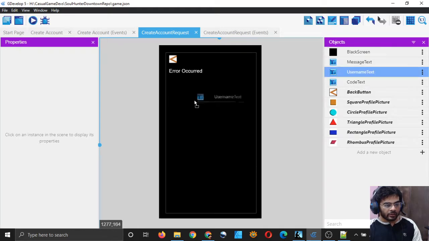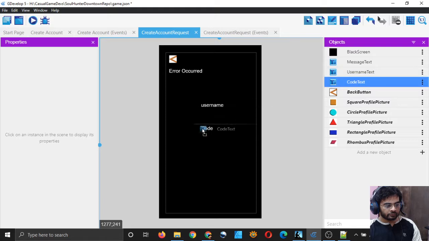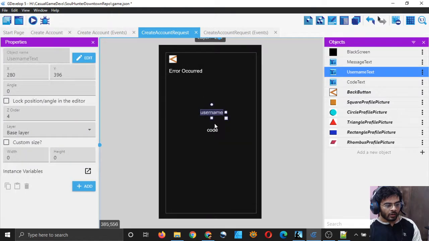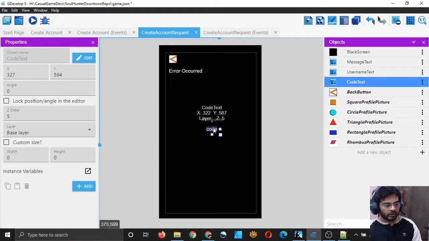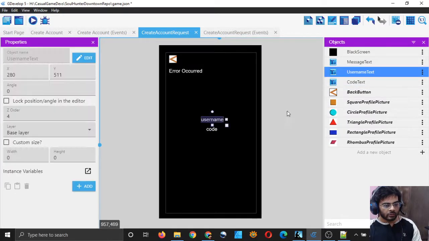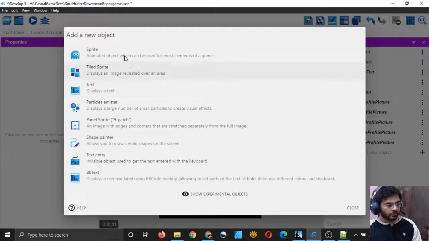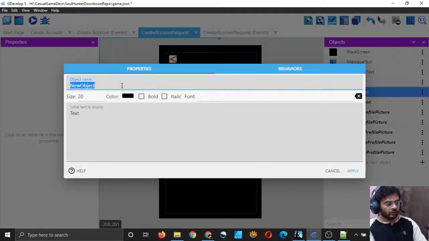So I'll bring the username text here and the code text here, and I will surround them with a nice square box. I need one more text object, and I will call it simply information text, and its size will be 40 as well.